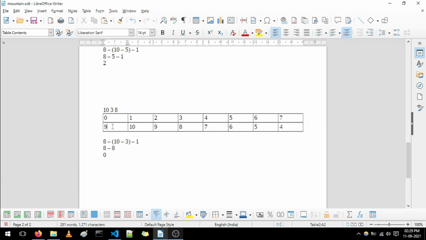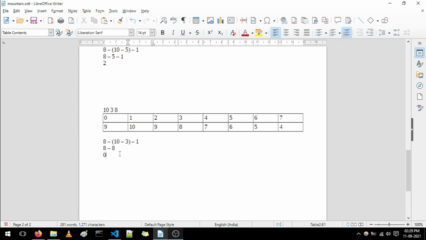To make the array increment and decrement, we have to start from highest minus 1. So we started here from highest minus 1, which is 10 minus 1 equals 9. That's why the least possible index for the highest value will always be 1. It will not be lesser than 1.